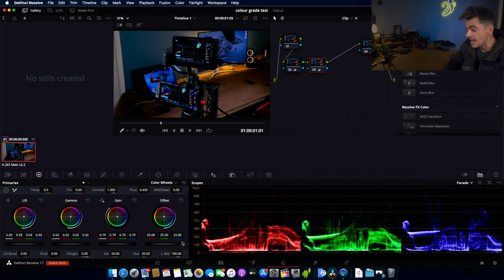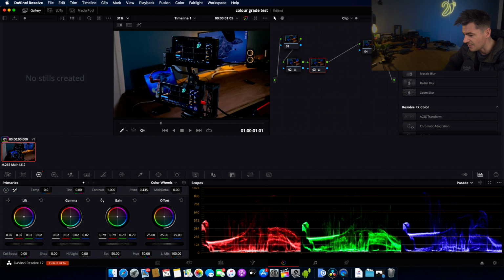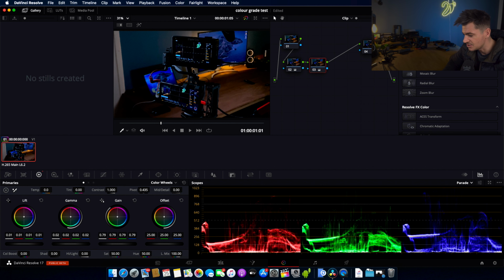So again, just little touches are good. Just make sure when you're filming in the first place, set your white balance correct. You're not going to be far out, and you might just have to do a tiny little bit of tweaking. A tiny little bit of tweaking is all we want. So like I said, now back to the shadows here. You can see I've lost a lot of information down there, so there's nothing I can do to gather that information back. It is brightening the image up a little bit,